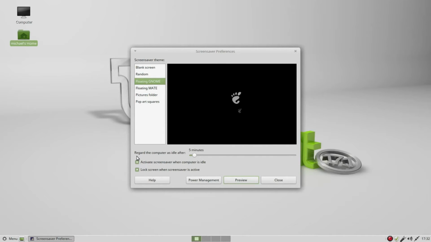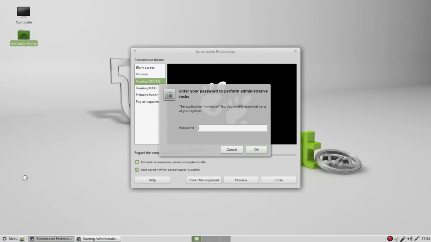Down at the bottom, regard the computer idle after, and it's set at 5 minutes. We can set this anywhere from 1 minute to 2 hours. I'm going back to 5 minutes, and down below it says Activate Screensaver when computer is idle. So if we don't want the screensaver to go on at all, we can uncheck this box. The next checkbox is Lock the screen when the screensaver is active. That means we need to type in our password to get back to the desktop. Depending on where you're using this or who is around, you may want to lock your screen, or you might not need to. The last thing I'm going to say about screensavers is, if we go into Software Manager,